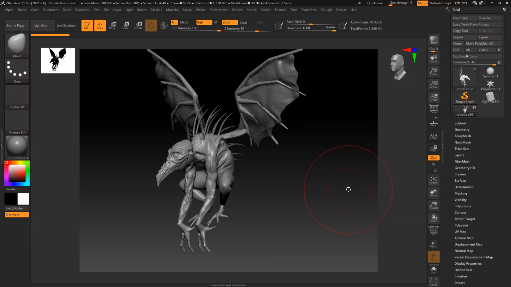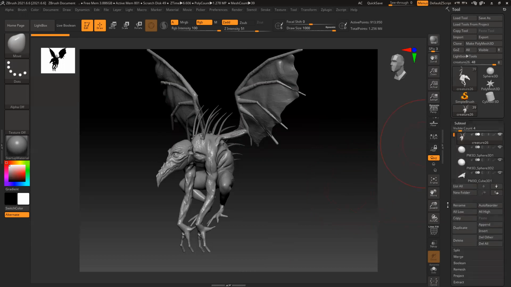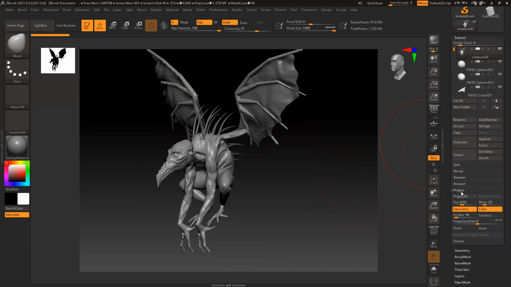Color is becoming gray, right? So you have to duplicate the model, then remesh the model, and after that, in Subtool, you can see there is something called Project. So first duplicate your actual model, then remesh the model. So you have two versions of the model. One is the original, one is the remeshed model. The remeshed one is gray in color. Subdivide it multiple times and project it. When you project this, you see the color option is on, so it will project all the colors back to your model. So it will be highly optimized, plus with all the colors.